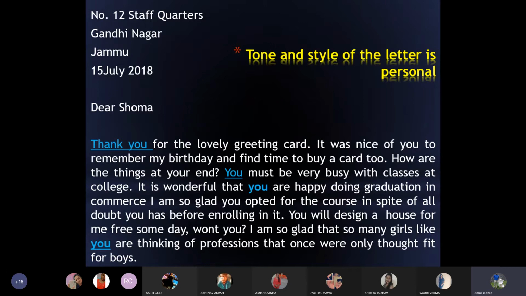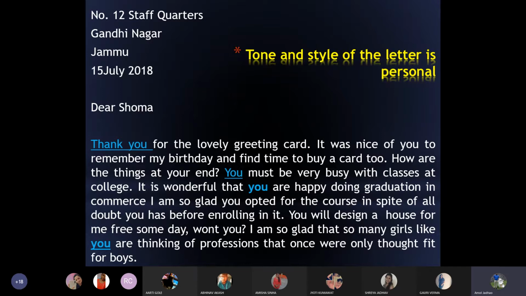Okay. So, if there have been recent changes in your address, and you are writing a letter to a person for the first time, a person who is your near and dear one, from your relatives, and you have recently changed your address, you should write the complete address at the beginning.